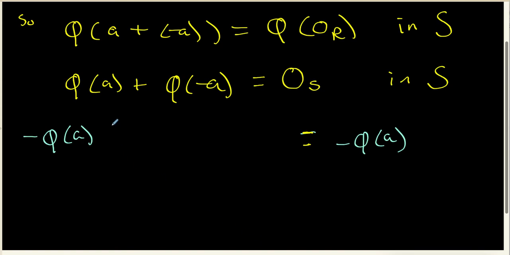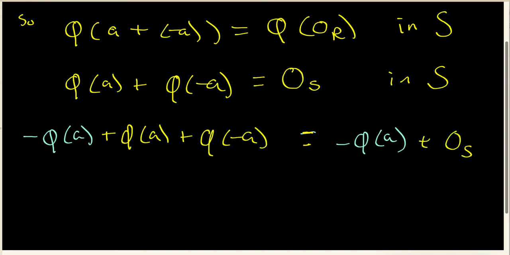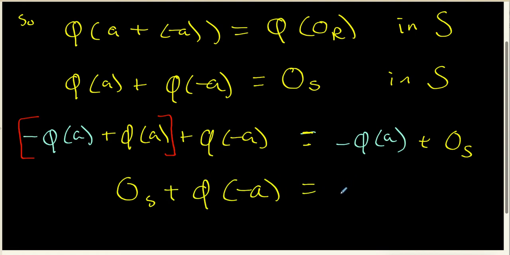And then we have to write the rest of this. So we have phi of A plus phi of minus A. And then on this side we have plus the 0 inside S. So I simply added this element to both sides of my equation. Well, again, what I want to notice is that ring properties come to the rescue and tell us a lot of information. The stuff inside these red parentheses over here is going to simply be the 0 inside of our ring S. So we have 0 in S plus phi of minus A is equal to,